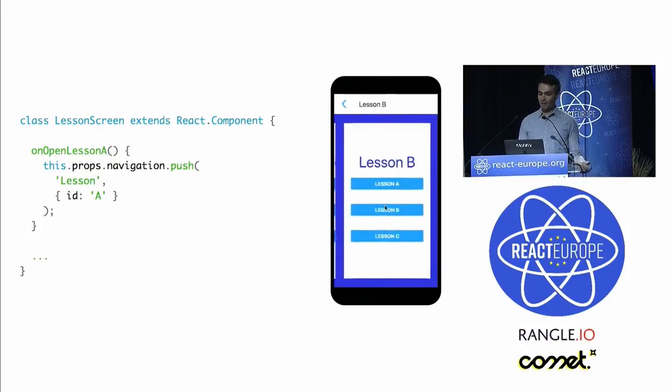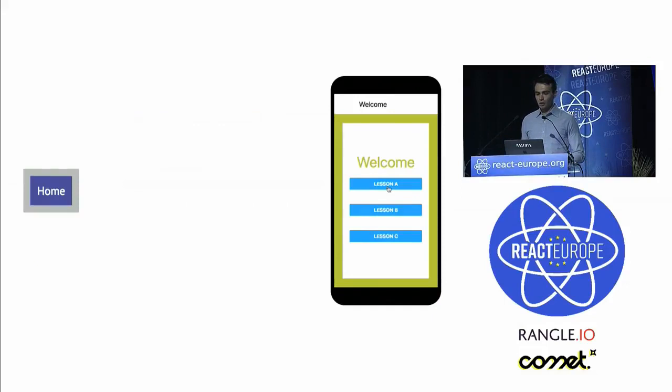Here we can push B. And here we can push A again. So this is potentially the behavior that you'll want for your application. But for this application, it's kind of an educational app, and I want there to be a logical flow between the screens. So let's make it so that,